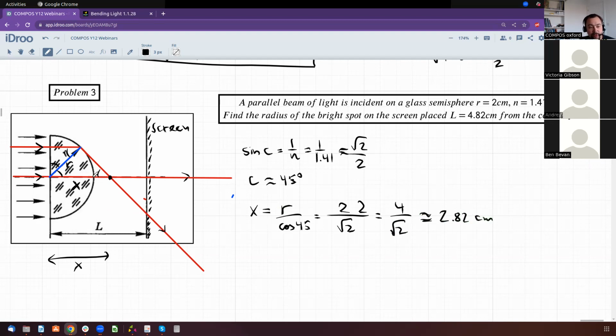So X is 2.82 centimeters, and the screen is placed 4.8 centimeters from the center. Therefore,